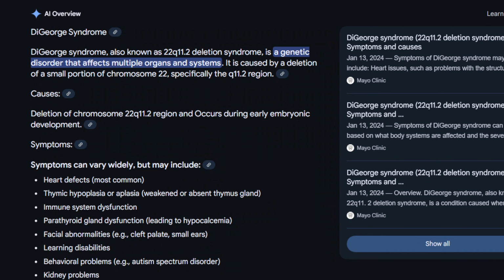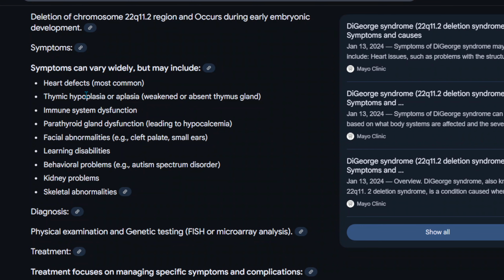So, DiGeorge syndrome is a deletion syndrome. It is a genetic disorder that affects multiple organs and systems. It is caused by the deletion of a small portion of chromosome 22. Some symptoms of DiGeorge syndrome are heart defects, thymic hypoplasia or aplasia, immune system dysfunction, parathyroid gland dysfunction, facial abnormalities. You can have cleft palate, small ears, learning disabilities, behavioral problems like autism or spectrum disorders, and kidney problems